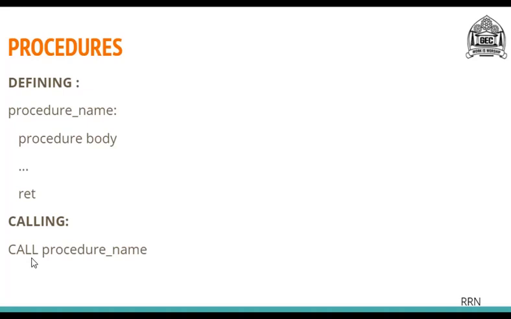So here, as you can see, this is how you define the procedure by giving it a name, then the instructions, and finally ending it using the RET instruction. And this is how you call the procedure by using the opcode CALL and giving the operand as the name of the procedure so that it can be retrieved. So this is how you can implement and handle procedures in your 8386 using NASM. Now let's see a simple example to show how it is actually implemented.